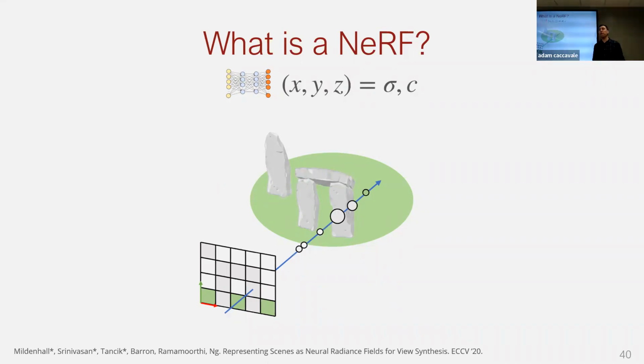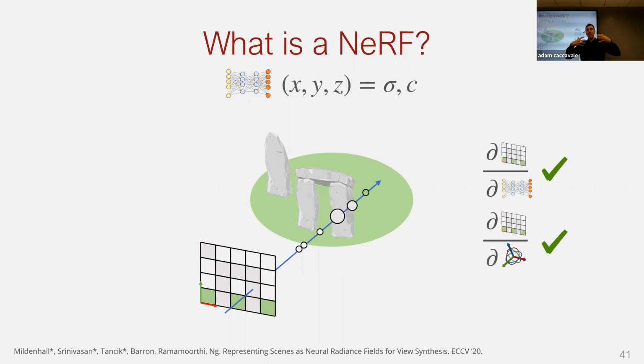Now, there's one last benefit of this network I want to mention, which is that because it is a neural network, it is differentiable. And what that means is we can tell how a shift in the input and a shift in the output are related, or basically you can backpropagate a change in the output, or a difference in the output, through the network to update the input. And this is going to be important for how we're able to update our drone's location and